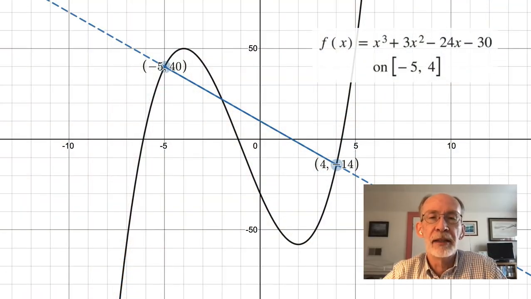As you can see, at the left endpoint of that interval, we're at the point -5, 40. At the right endpoint, we're at the point 4, -14. And a little algebra 1 will show you that the slope of that secant line that you see on the screen is -6. So we're going to start by looking at tangent lines to